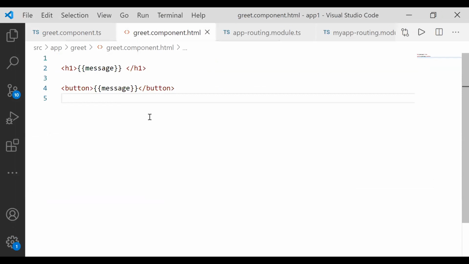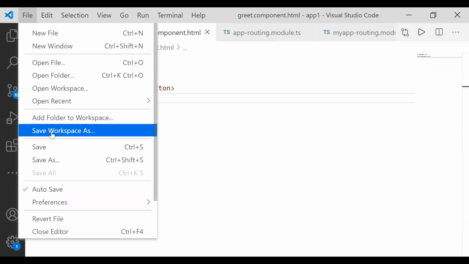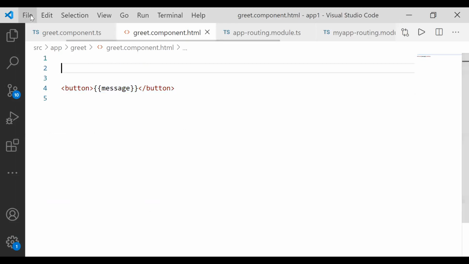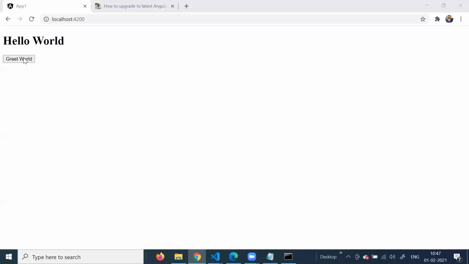Okay, so you see how I am using interpolation inside a button. You can use it anywhere. Then get rid of this H1, save it, and when you go back and see this output, you see that you have hello world and greet world. Greet world is of course doing nothing,